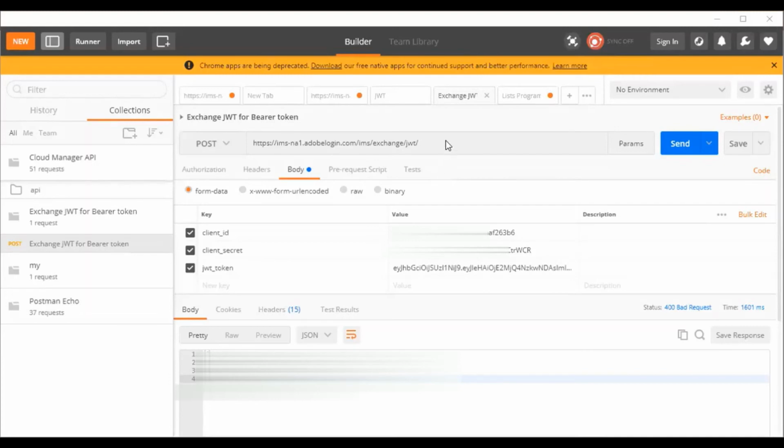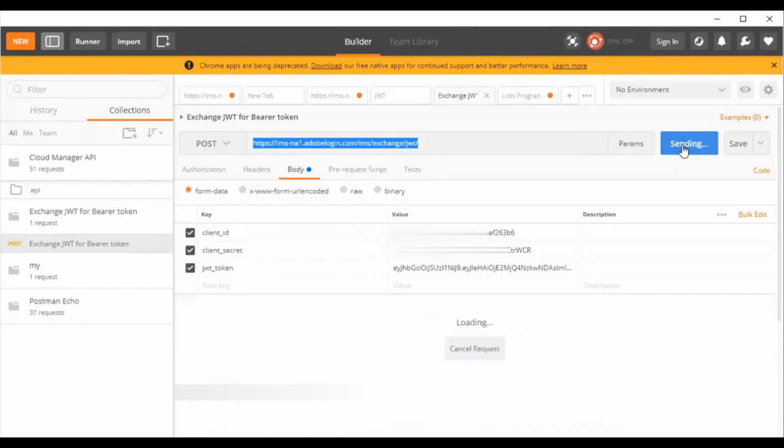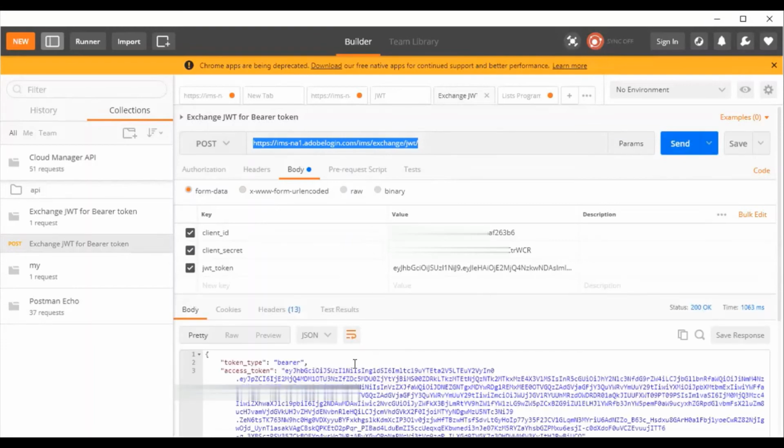Now I am in my Postman application. I have selected the POST request with the Adobe URL and the form data in the body section, wherein I am providing the client ID, client secret, and JWT token. I'll click on send. You can see the response has the token type as bearer and the access token.